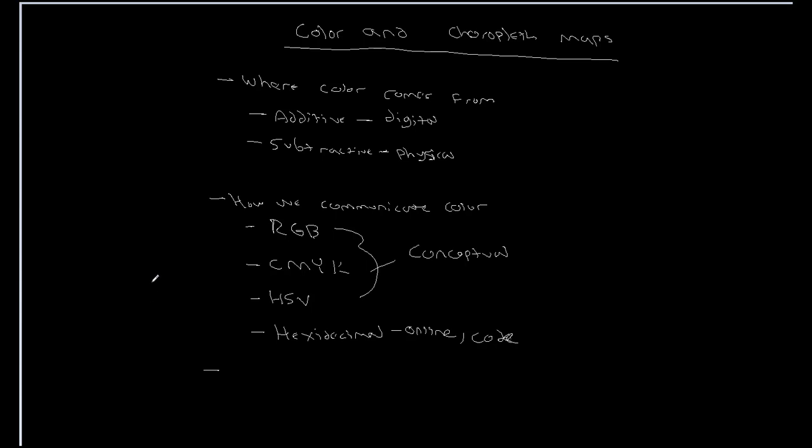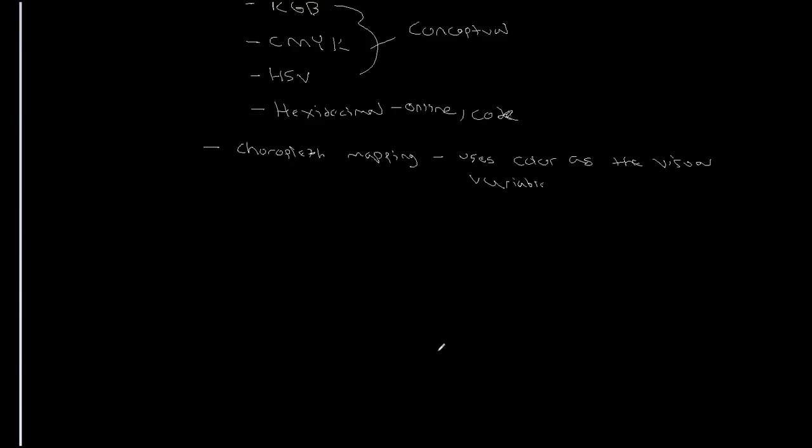Then we're going to talk about our second topic, which is choropleth mapping, which again uses color as the visual variable. And then within choropleth mapping, we're going to talk about three different sort of subgenres of choropleth mapping. We're going to talk about qualitative mapping, which is going to be using color for qualitative data. So that's going to be our nominal and our ordinal. We're going to talk about sequential,